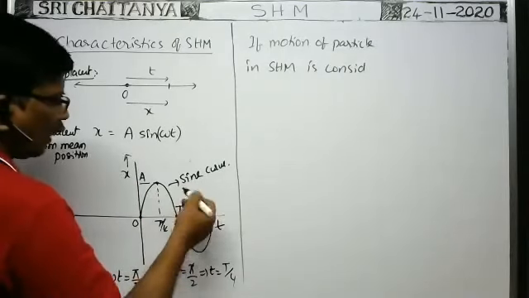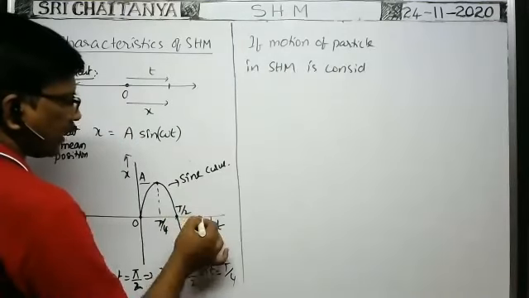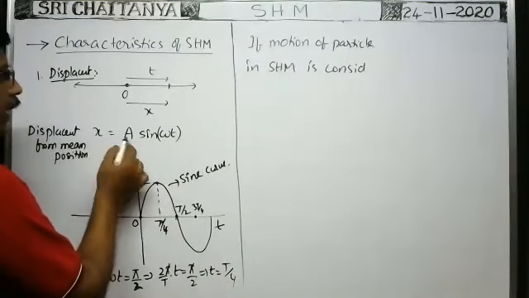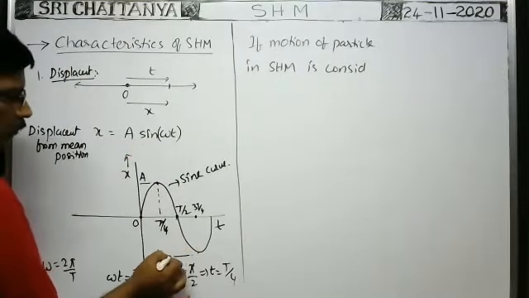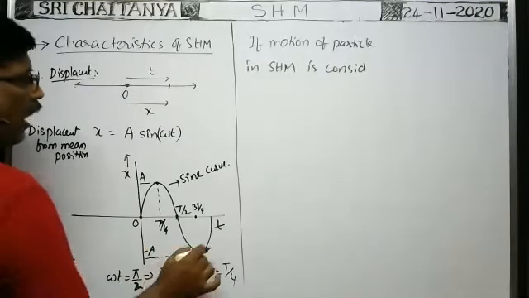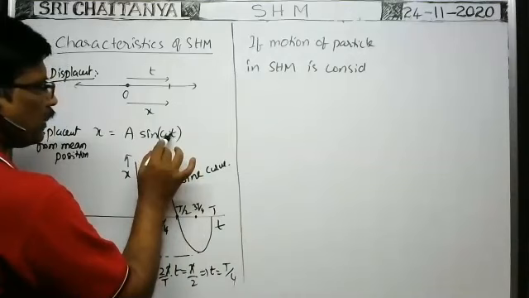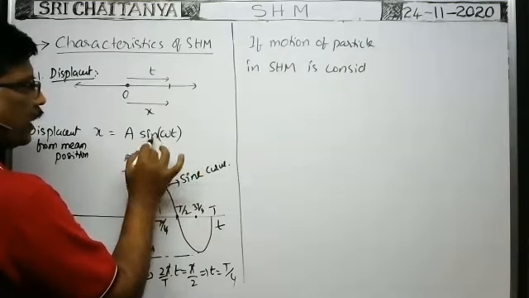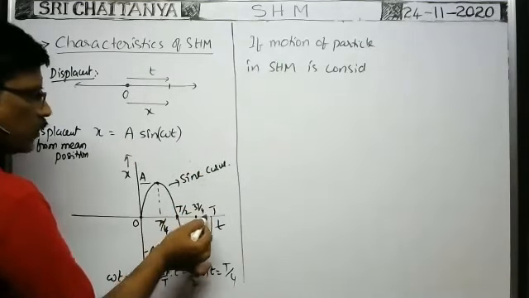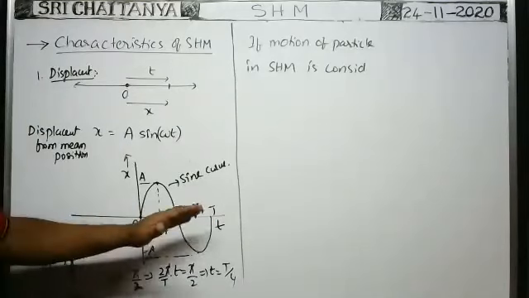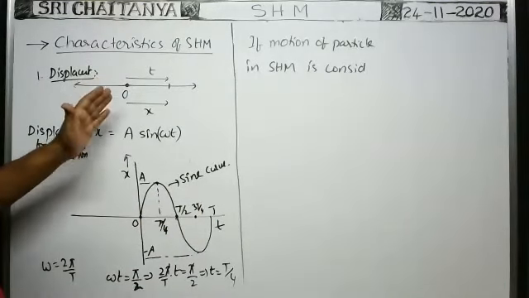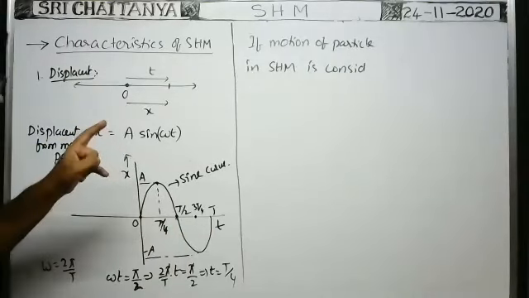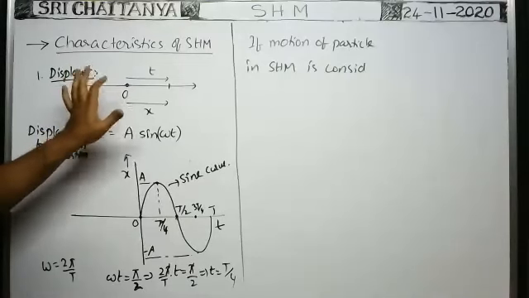Next, after some more, after T by 4 more seconds, the total time becomes 3T by 4. At 3T by 4 seconds, x is equal to minus a comes here. Minus a means this is the maximum value but negative. After T seconds, if you put small t is equal to capital T, then 2π by capital T into t, T cancels, 2π, sin 2π is 0. So x is equal to 0. So displacement becomes 0. In this way, with time, how the displacement of the particle in simple harmonic motion changes can be represented like this. It is the graph whenever the motion of the particle is considered from the mean position.